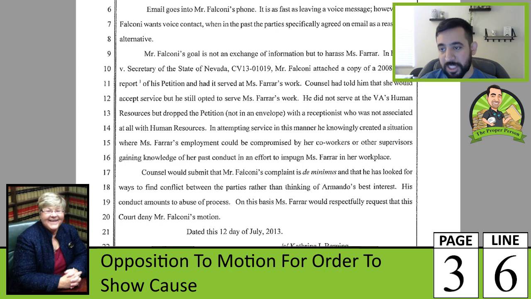And here is what she's trying to do. Later on, what she's doing is hedging. So later on, if the court blows up on her, she can say, okay, well, in the future, I'll call him. I didn't know he doesn't get email to his phone. So this here isn't sincere at all, in my opinion. I very strongly believe that the attorney, and for sure my ex, knows that I don't get email, and they just put that one sentence in there just in case they get called out so that they can claim they accidentally violated the court's order, which is one of the ways to get out of being held in contempt of court. That's a valid way to actually get away with it. So she knows what she's doing.